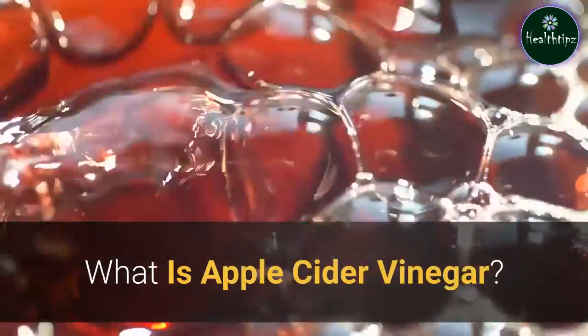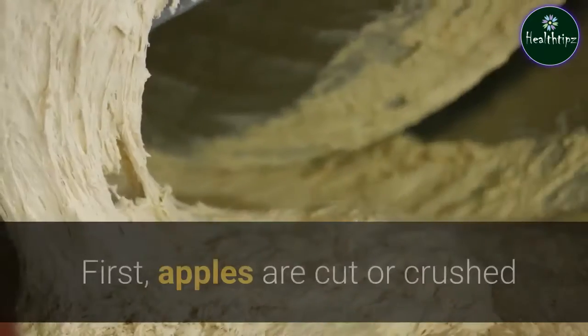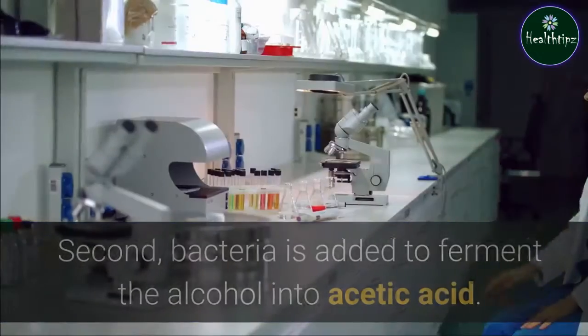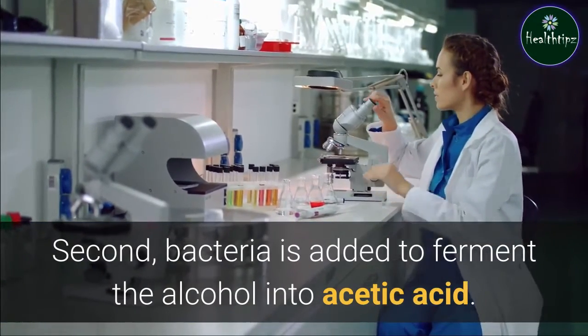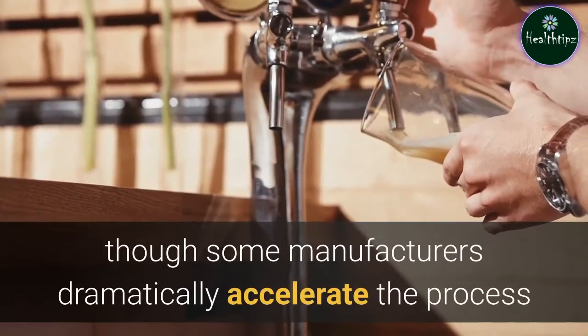What is apple cider vinegar? Apple cider vinegar is made in a two-step fermentation process. First, apples are cut or crushed and combined with yeast to convert their sugar into alcohol. Second, bacteria is added to ferment the alcohol into acetic acid. Traditional apple cider vinegar production takes about 1 month, though some manufacturers dramatically accelerate the process so that it takes